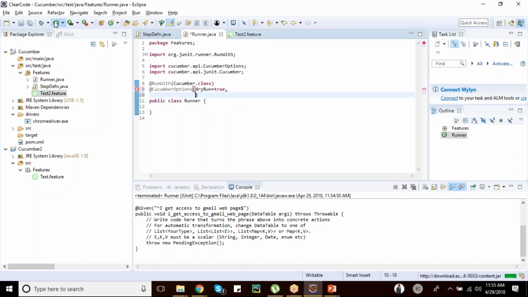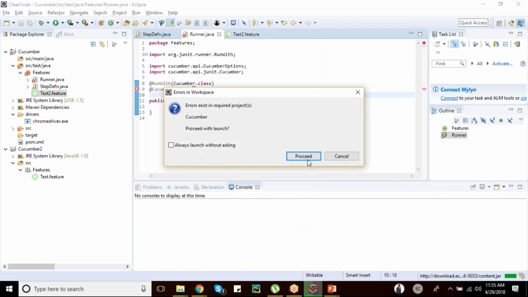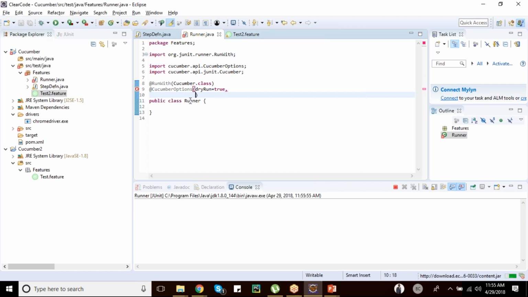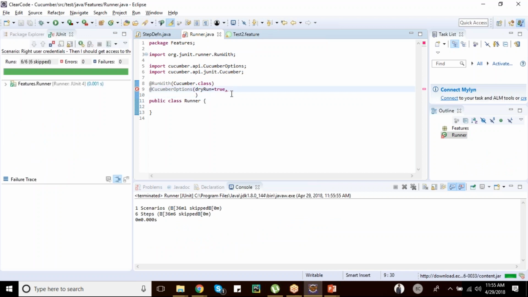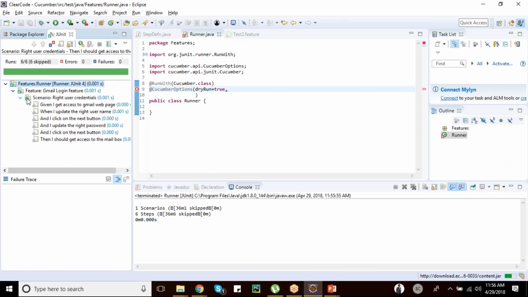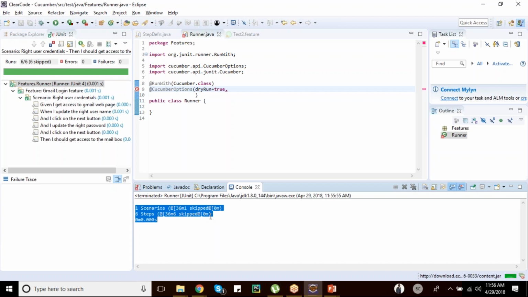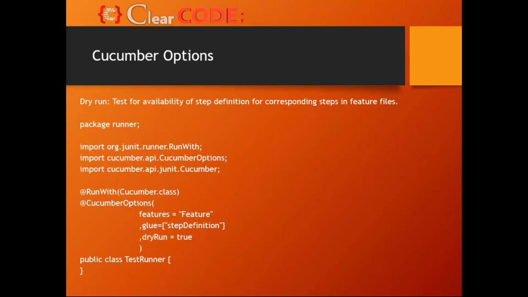So you say dry run as true, it will just completely execute it. As you can see there, it just executes the entire test case, doesn't provide any implementation error. It marks everything put together as skipped. So it will skip every step when the implementation is available. When the implementation is not available, it will just show you the implementation error or implementation warning. That is dry run. The next functionality,